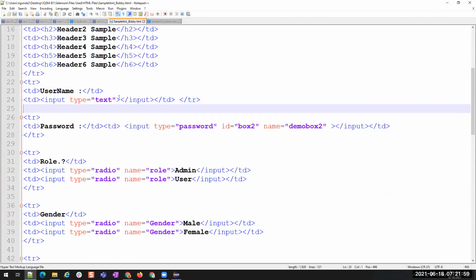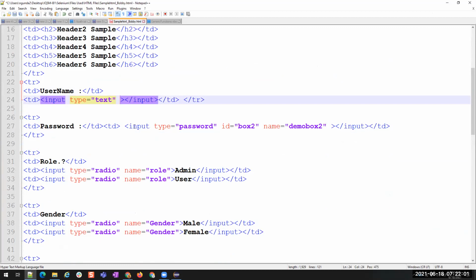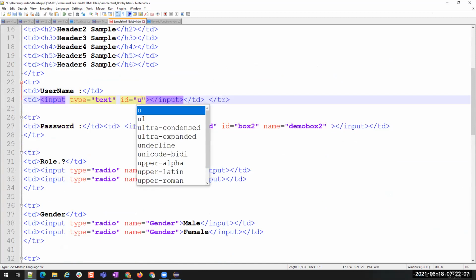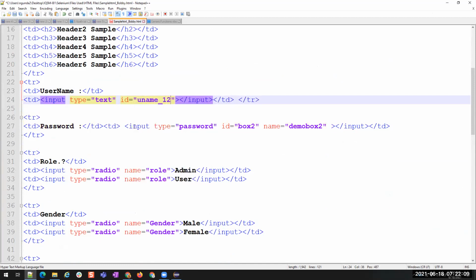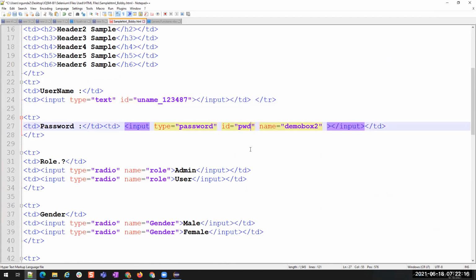So now what I'm going to do is apply some ID equal to, because sometimes we'll have these kinds of elements: username underscore 123487. For password, I'm going to update 87.